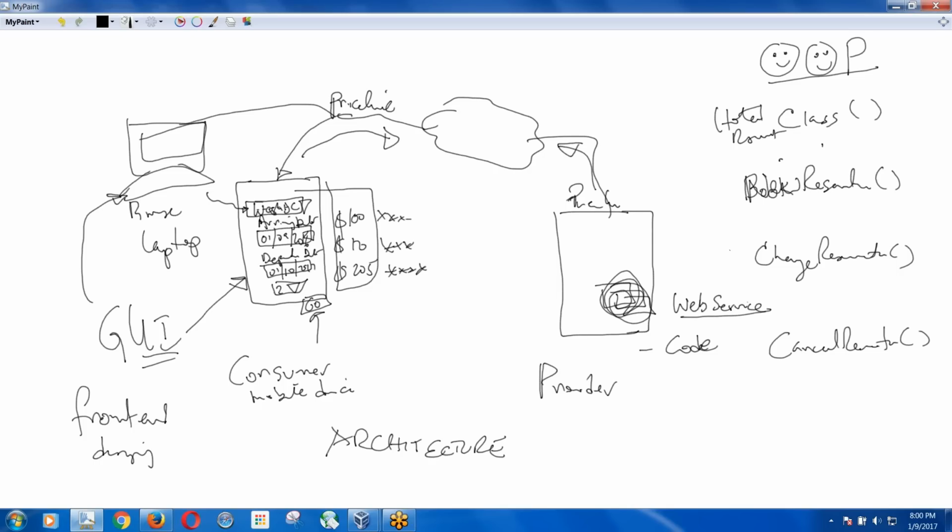So when the developer is trying to create a web service, understand a web service is nothing but some code. That code is in the form of a class, and inside the class you will have some methods. Again, depending on what language they are using, they will be writing some code, something like this: public void, name of the function is new reservation, let's say, right? And then there will be, for this new reservation,